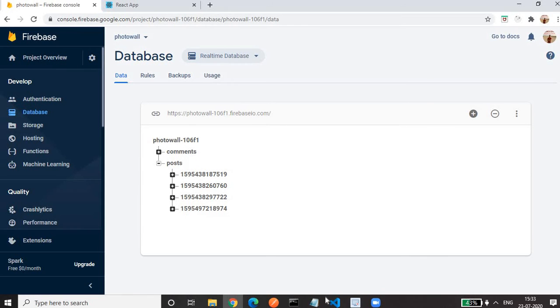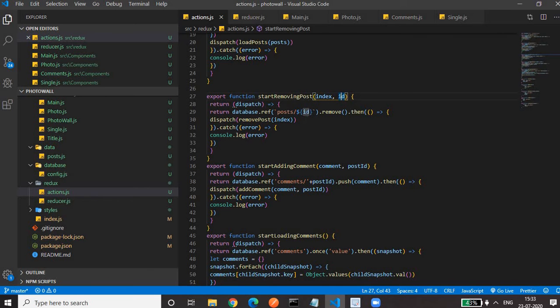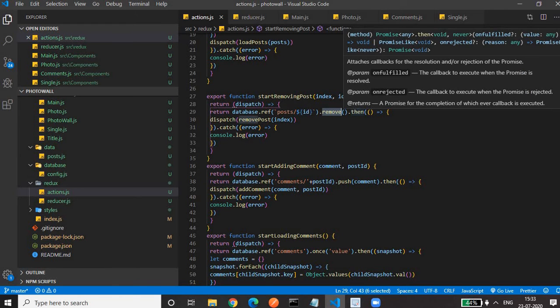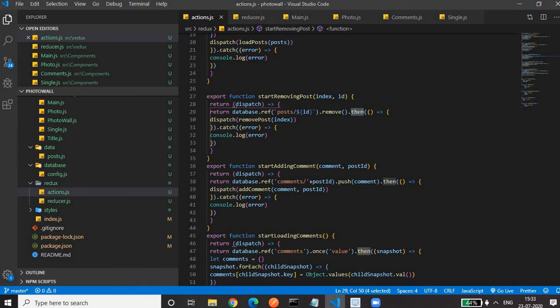So whichever ID we have to remove, we go to that child node within the post, then call remove. This will delete the node from Firebase. This is all Firebase function. Then when it is executed, our promise gets called, and here we dispatch our remove post action for updating the store.